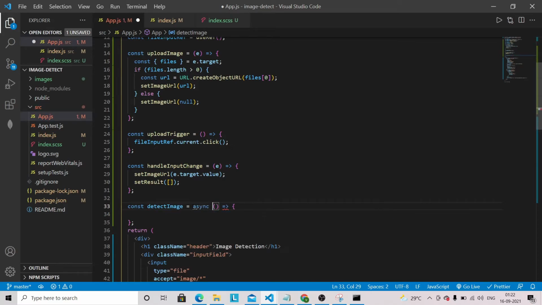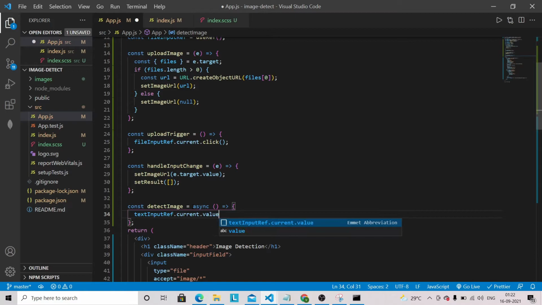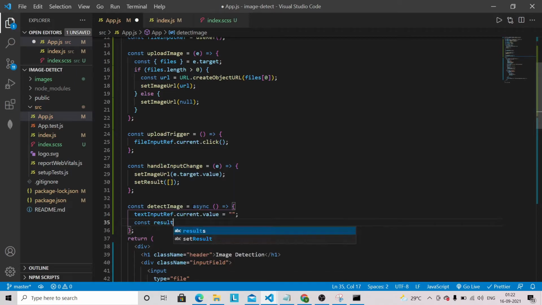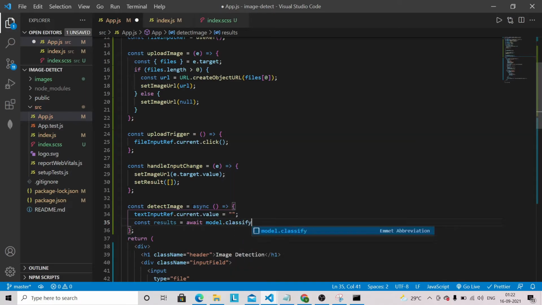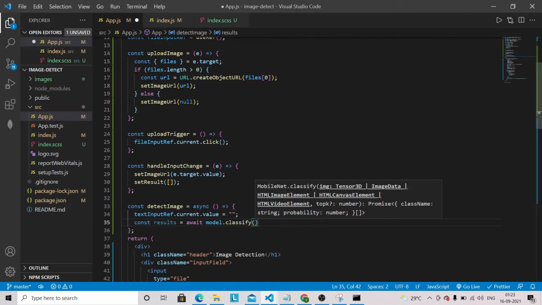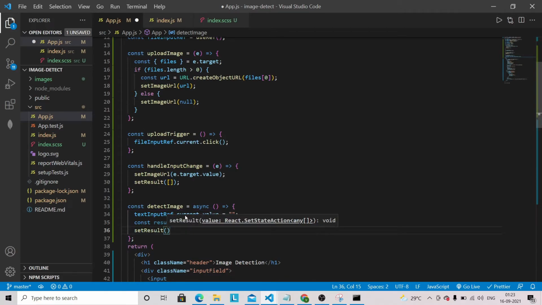So async, and textInputRef.current.value, and now we will have all the results here, const results = await, and we are going to use model.classify, imageRef.current. Okay, and whatever result we have got, we are going to set the results here.